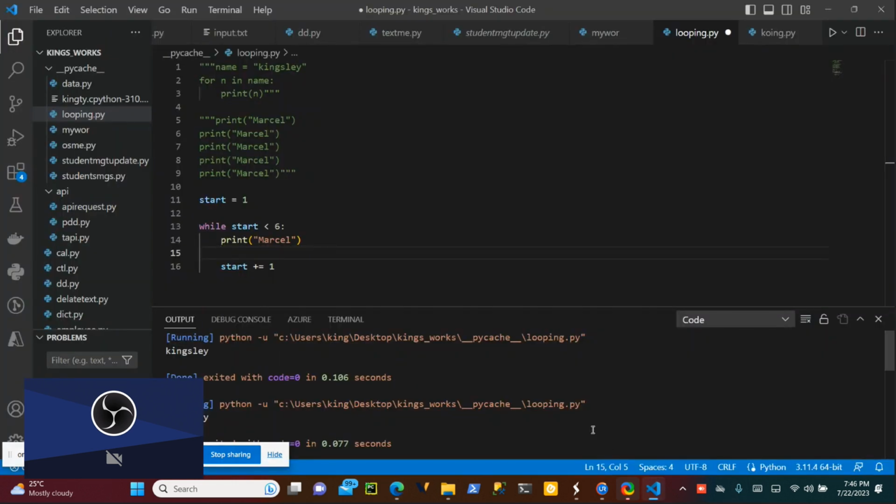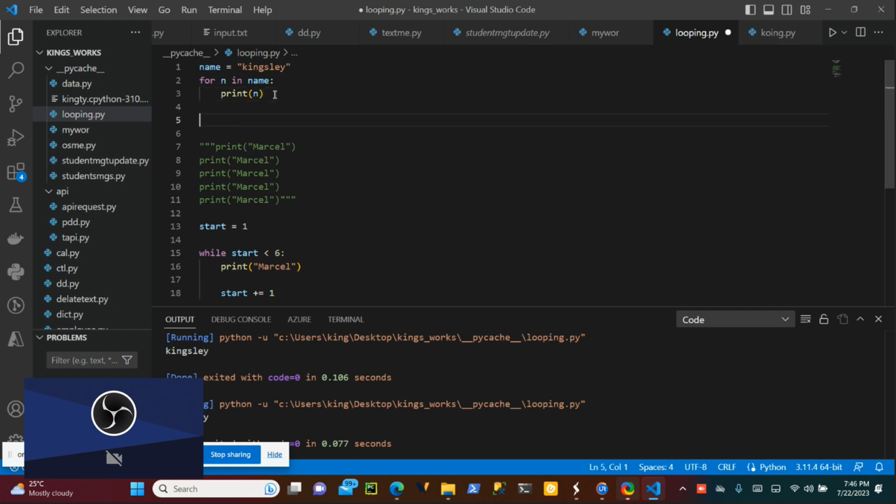Now when you come to your code, if you want to see more, let's see. This is the one I just created, called Kingsley. Now, you see this variable: if I say name, I believe you know name contains the string Kingsley, right?